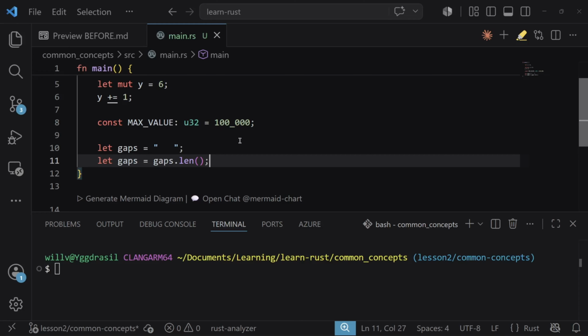Now let's talk about data types in Rust. Rust is a statically typed language, which means that every value has a type that is known at compile time. Most of the time, the compiler infers the type for you, but sometimes it needs a little help, and you can annotate the type with a colon. For example,